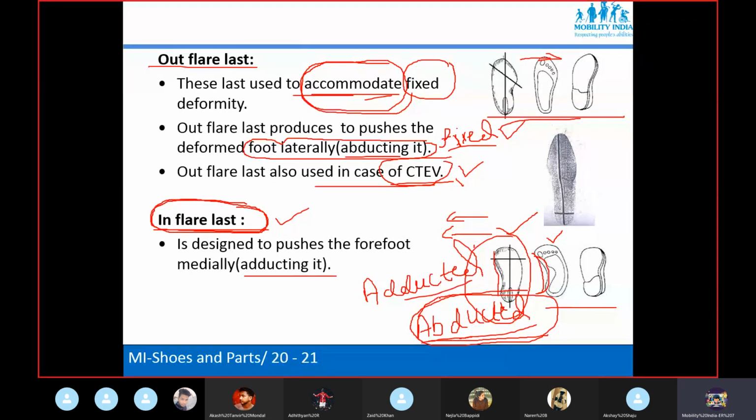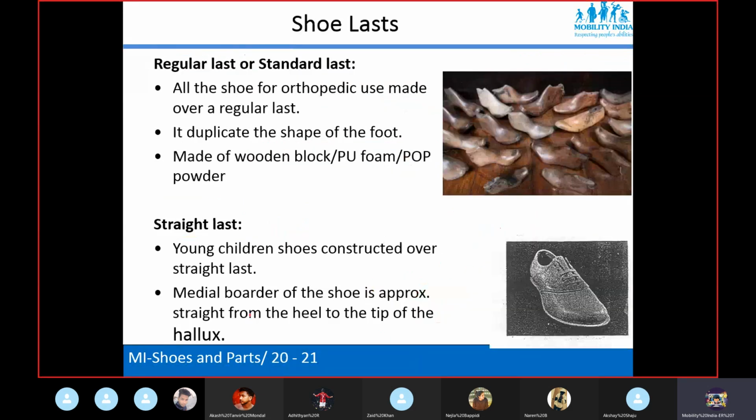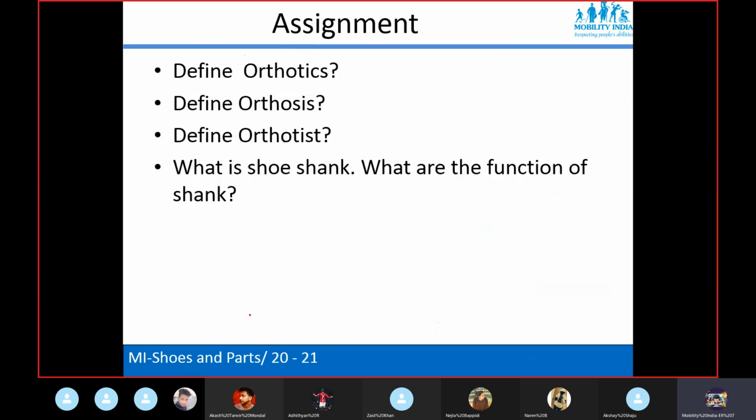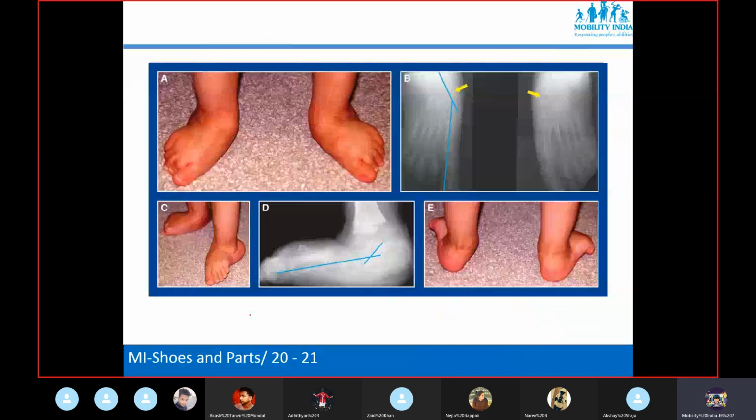If not clear, I will answer. Whoever answered in flare, that is the right answer. So if our foot is abducted, I will show you. I have drawn the picture.